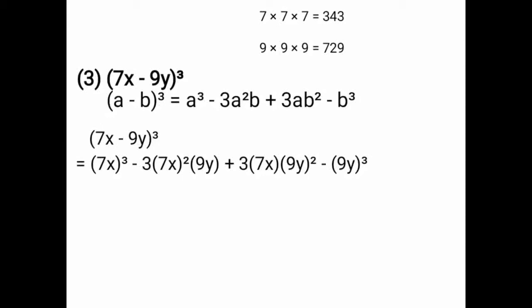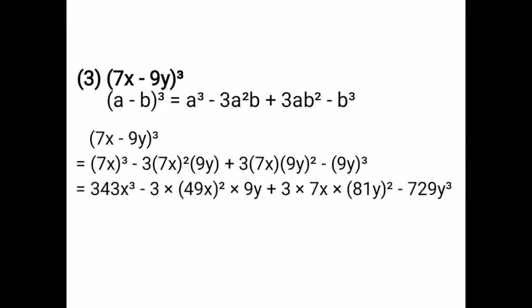Now minus 3a square b plus 3ab square, you have to write this in multiplication form. I will show you an easy step. In minus 3a square b plus 3ab square, 7x square you can directly multiply. 7 7s are 49. The square of the variable remains the same. Here will come 49x square. And in 9y square, 9y into 9y, 9 9s are 81, so 81y square. So here will come 3 into 49x square into 9y plus 3 into 7x into 81y square.